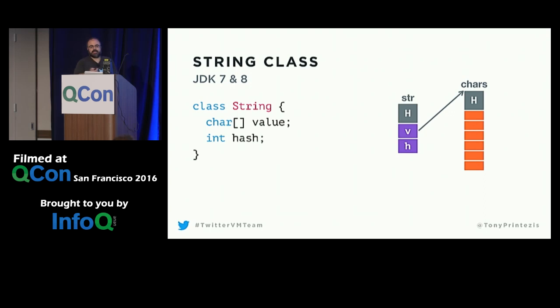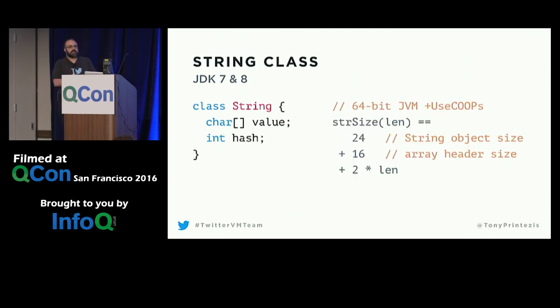Okay. So now let's see how big in bytes a string of a given length is. At least in HotSpot, we have 24 bytes for the string object, so it's the header of the string instance plus the payload. Then 16 bytes for the array header. And then 2 times the length of the string, because characters in Java are Unicode, right? So there are 2 bytes each. So let's just pick an example at random. Let's say we want to calculate the size of a 140 character string.